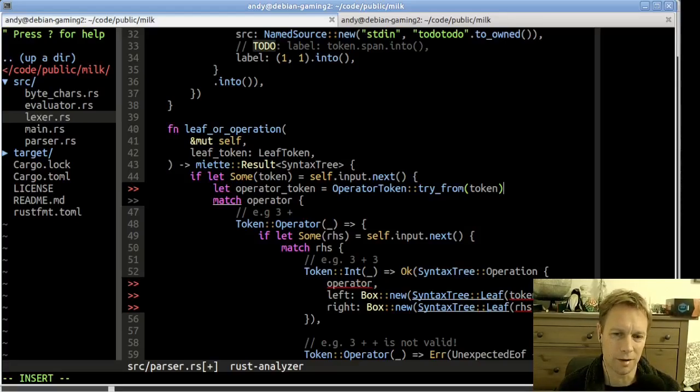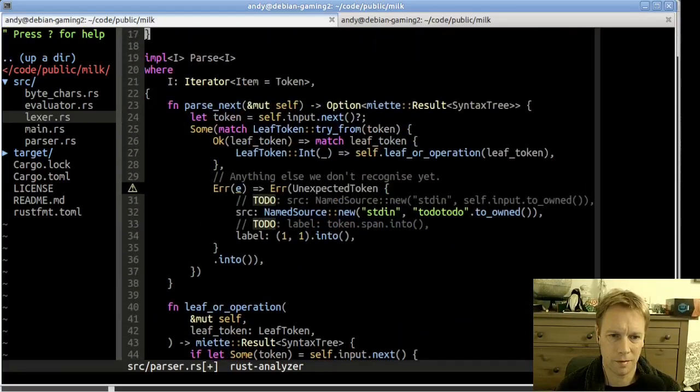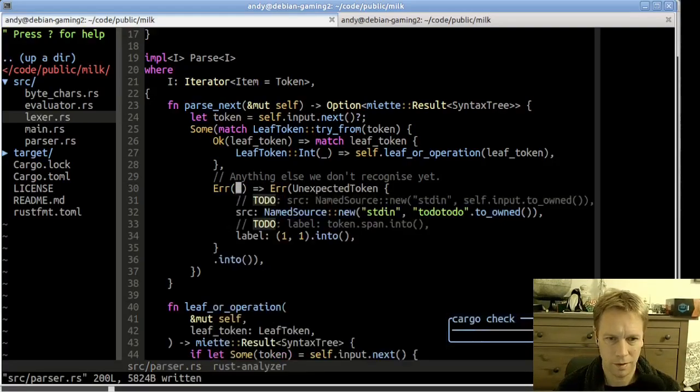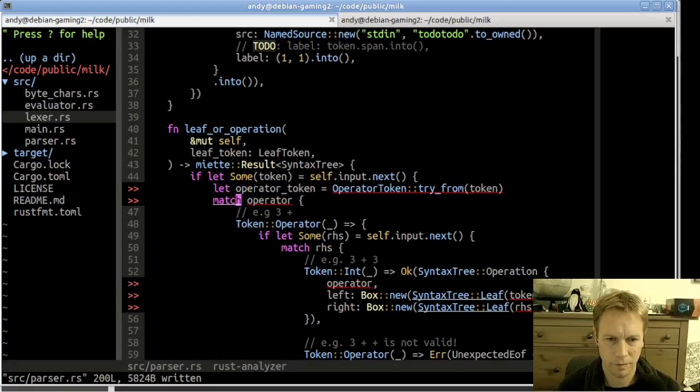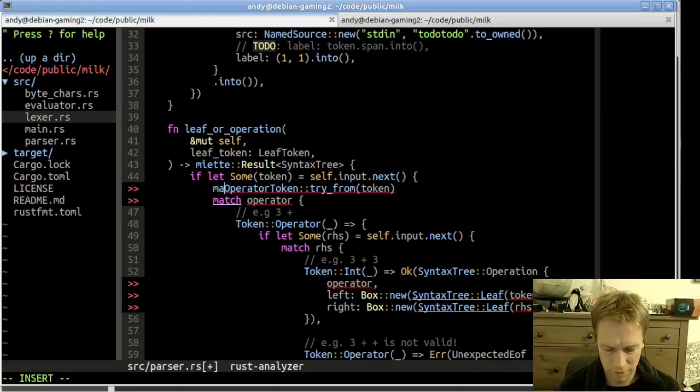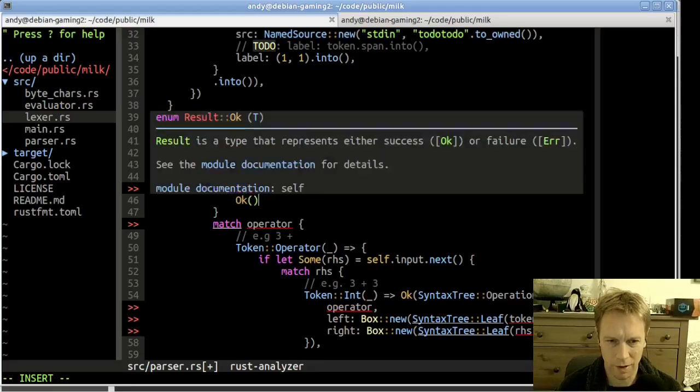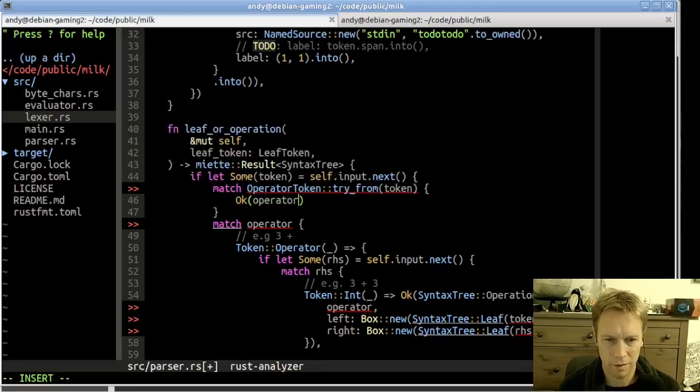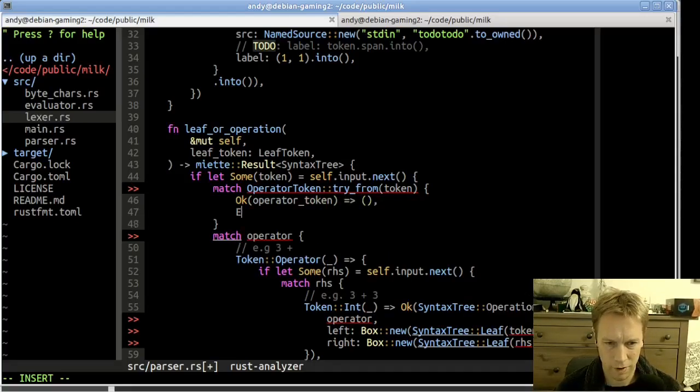We need to somehow map that error to something useful, the same as we did before. So how did we do this before? We matched, and we didn't actually use the E, so we can get rid of that. Yeah, so let's do the same thing as this. Match on the try from, like this. And there's going to be two cases. Either it's okay, and it is indeed an operator token, and we do stuff, or it's not, and we should